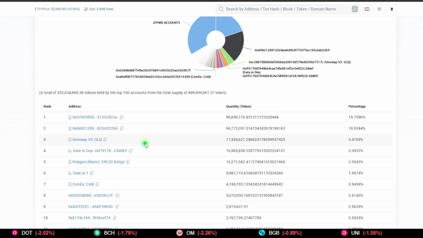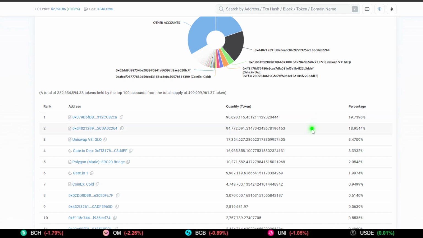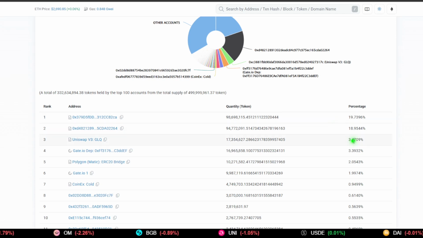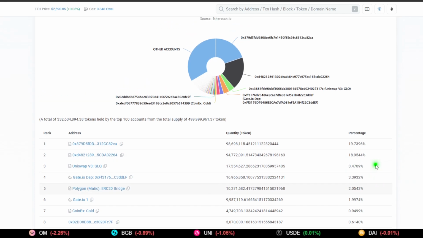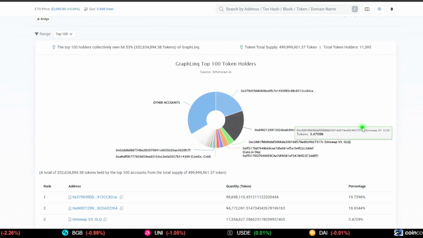This is the Uniswap token. It's only 3.5%. And then we got Gate and Polygon and Gate. Now, this could be another liquidity provider. This could be a provided liquidity to another exchange, but I would like to know which one. Right, and that would give us a sense of clarity and understanding. So again, a little bit more description for a lot of us.